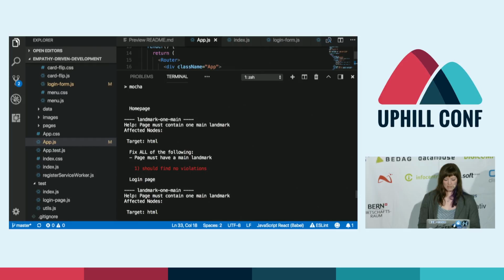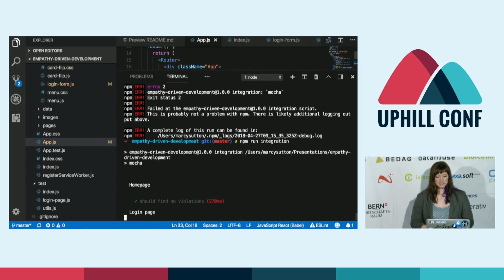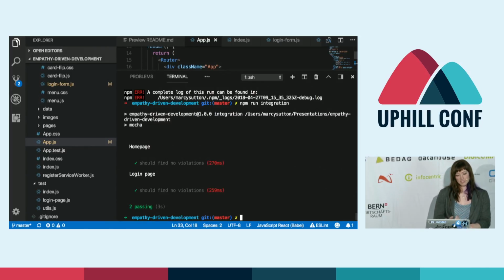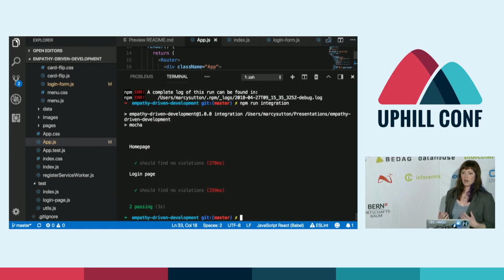So let's go run our tests one more time, see if these are passing. So we fixed the labeling issue. We added a legend just for funsies. And now we've got that main element that's working better. So our integration tests are pretty simple. This is just the things that Axe Core was finding. So some really common, like low-hanging fruit sort of things. Once you do that, you've got a really great baseline for accessibility if you can fix a lot of these